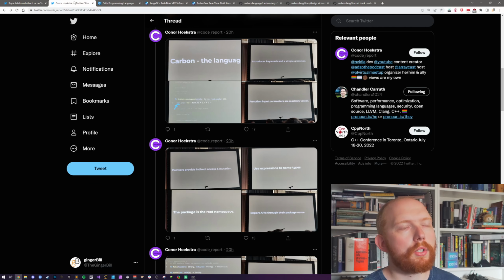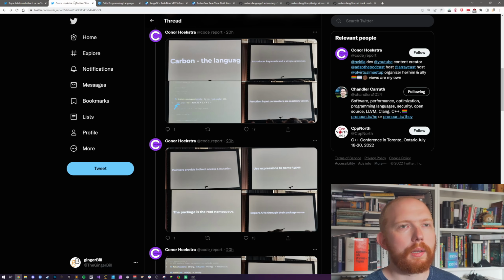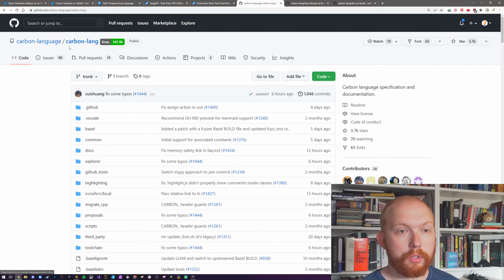They wanted to break some of the ABI in C++ for better performance, one way or the other, and I think they just got fed up with everything. They thought, screw it, we're just going to go our own way and make a successor to C++. And this becomes the Carbon language, which they have now already put onto GitHub, which is very nice to see. And you can already try it out.